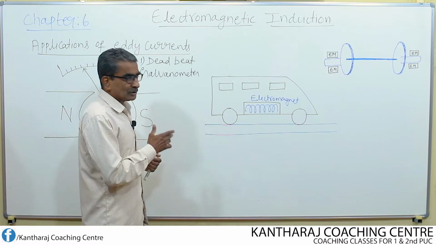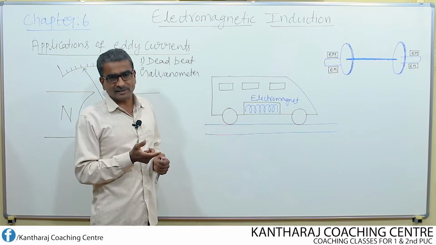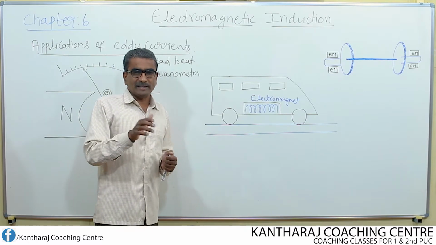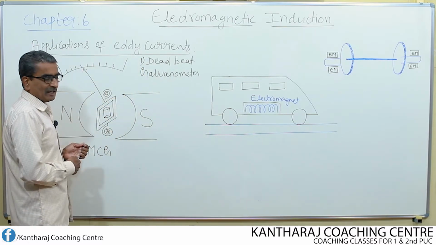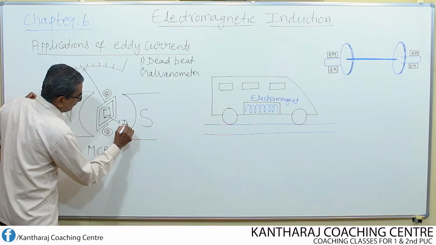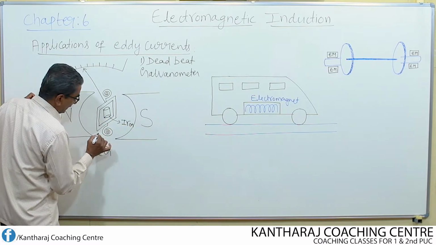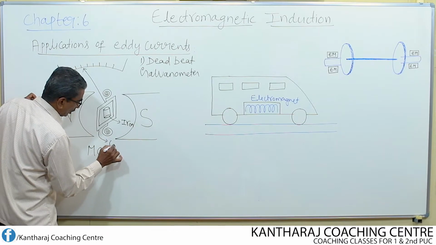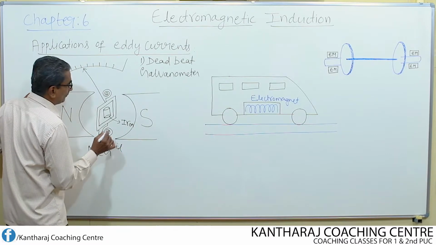If you go through that chapter, you will come across the details of this galvanometer. This is soft iron, and this is the coil of copper wire,